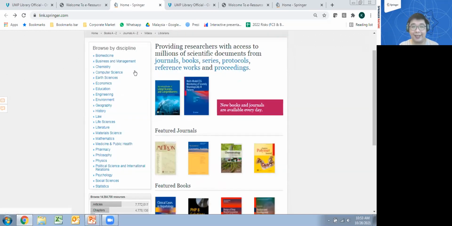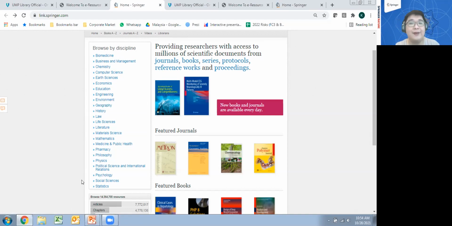Next, the second major portion of the front page is this browse by discipline table, where there are quick links where you can jump immediately to searching for content based on the subject discipline. There are a total, I think, 21 here, if I'm not mistaken. And if you do not see the subject area that you are more interested in or familiar with on this